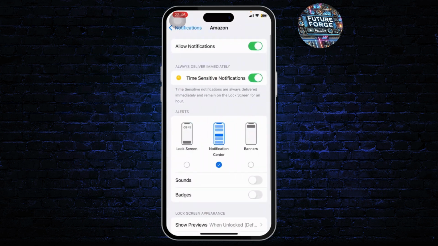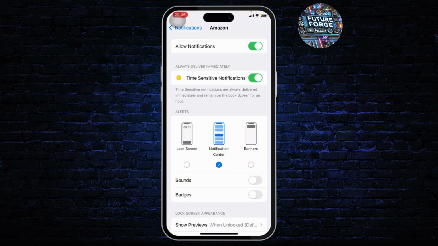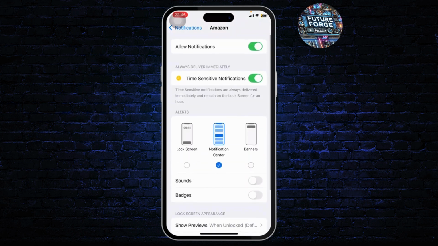Tap on it and there you should see different options such as these right here. So all you gotta do to mute the Amazon app's notification is you'll need to just turn off the notification. Now if you still want the notification but no sounds, just make sure that you've turned off these sounds and badges for the notifications. After doing that, now you will get silent notifications, or you can just turn it off